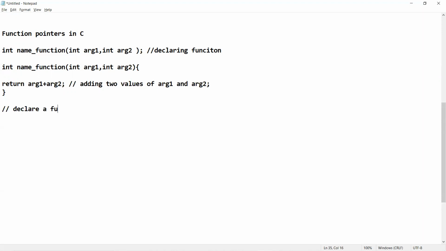First, the function return type: what is it returning? Basically, it's returning an integer, so it should be integer. And the pointer name.